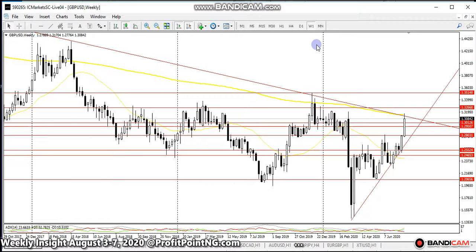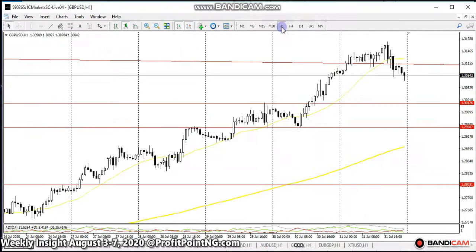last week closed in a very interesting way, and as you can see on the hourly chart, it had a continuation of the bullish movement for the first part of the day, right? And then the second half of the day, around the New York session, it reversed in a very interesting way, which we call New York reversal.